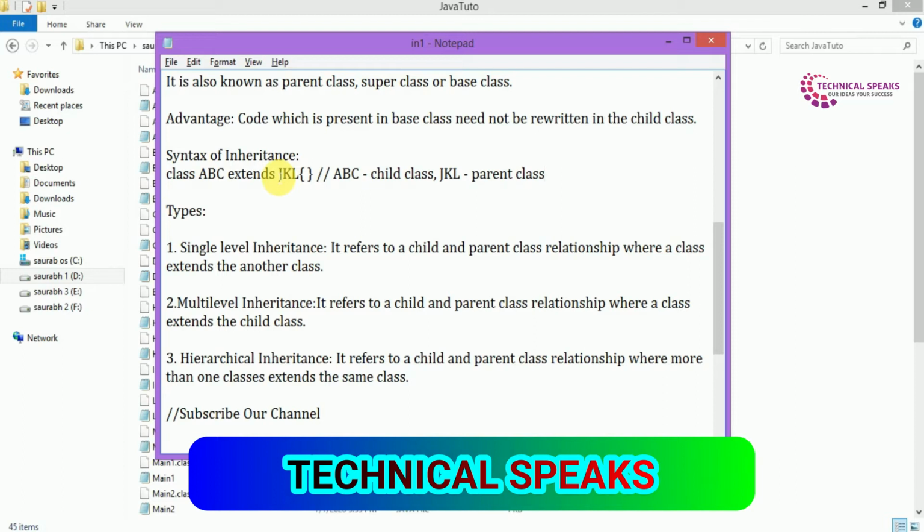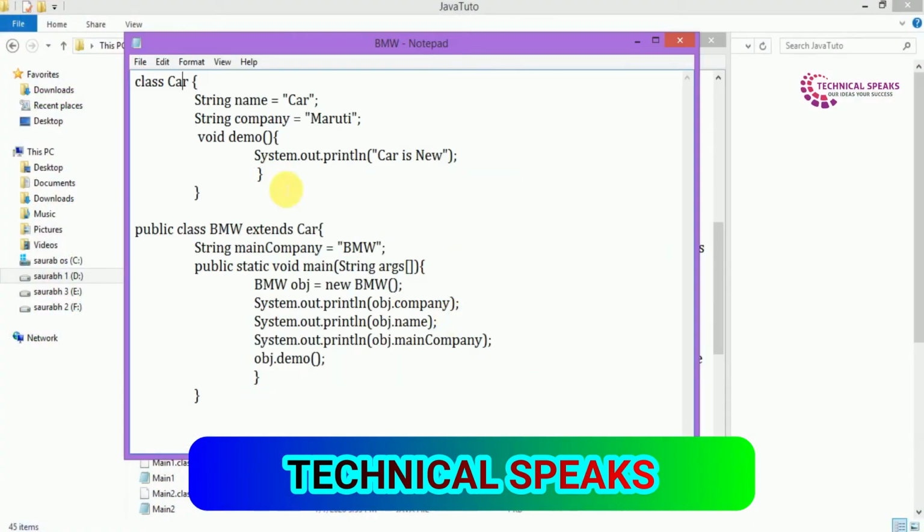Now let's try to understand the concept of inheritance with an example program. Let's suppose we have a class named car, and under this we have two strings, namely name and company, which you can see here. String name is equal to car, string company is equal to Maruti, and void demo.